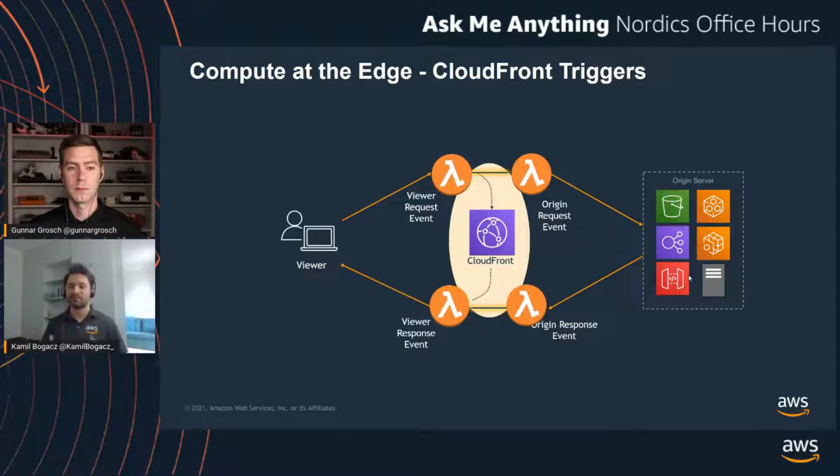And the viewer response event is very similar, with the distinction that this happens after the cache, right? So here it also makes sense to return individualized responses, such as setting cookies based on what was in the request. Okay, so that's, on a very high level, what kind of triggers we have for our edge compute options. And now,